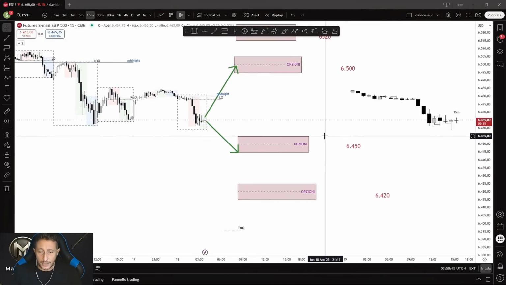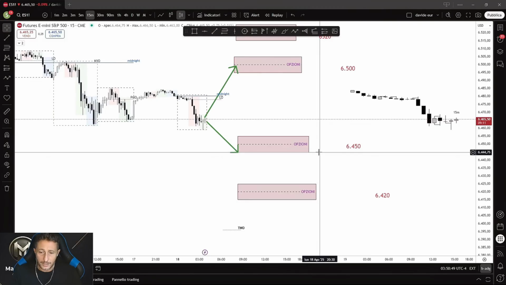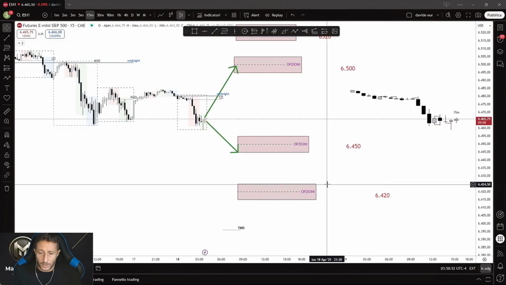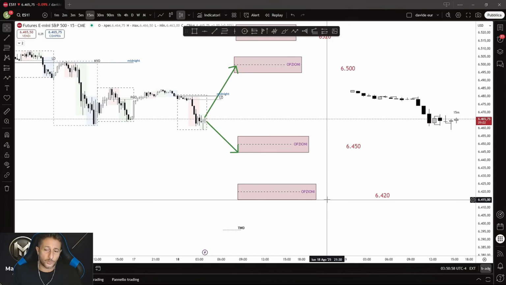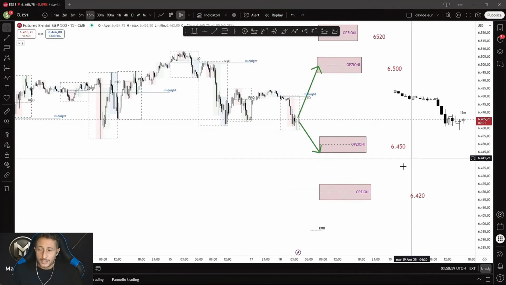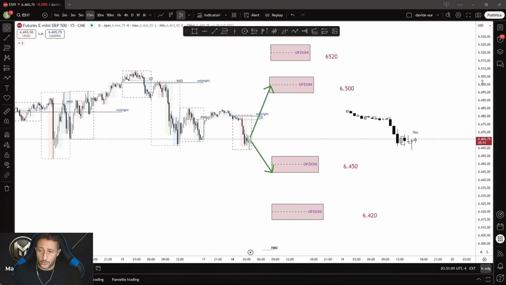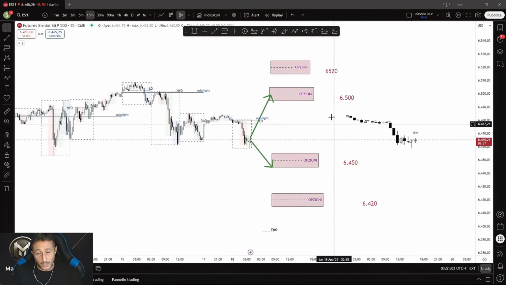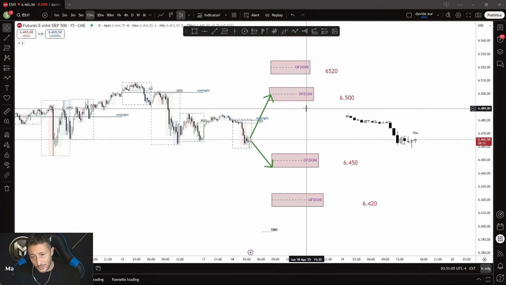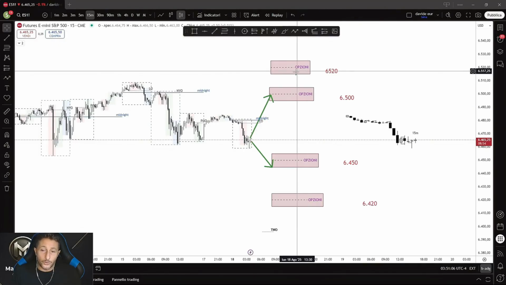The first put ranges from 6,455 to 6,445, and the last one goes from 6,425 to 6,415. Be very careful, guys, with SMTs when it comes to the option zones, because as you've already seen, they're